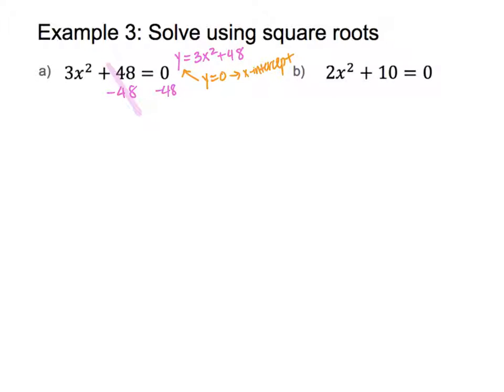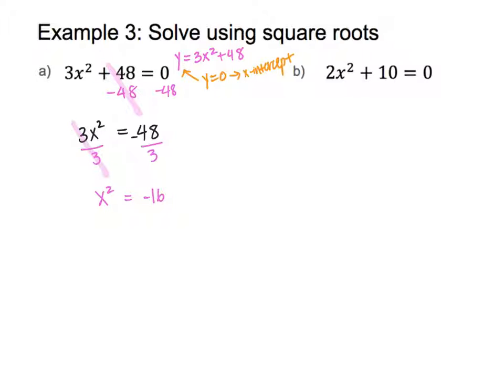It looks like we have, oh, that's a highlighter, my bad. We have 3x squared drops down, and then we have the equal sign drop down, 0 minus 48, that's negative 48. Next, we need to remove that 3 next to that x squared, so we divide by 3. And so the 3's cancel out. So I'm left with x squared on this side. Negative 48 divided by 3, that gives me